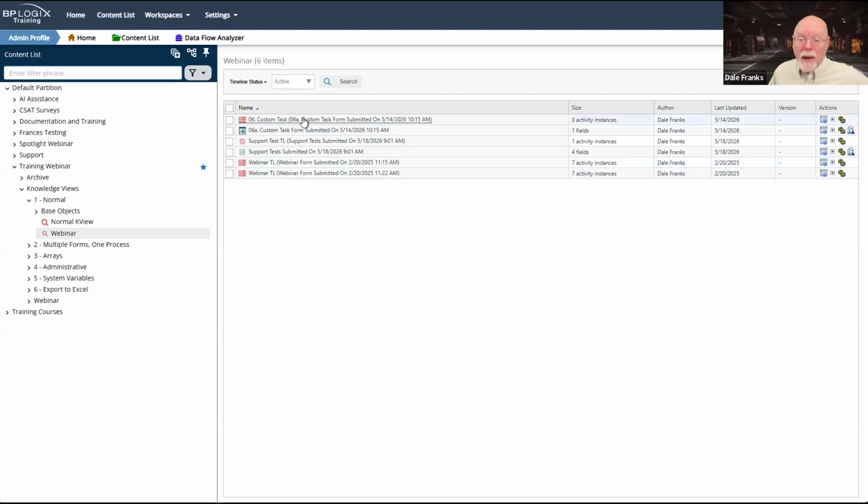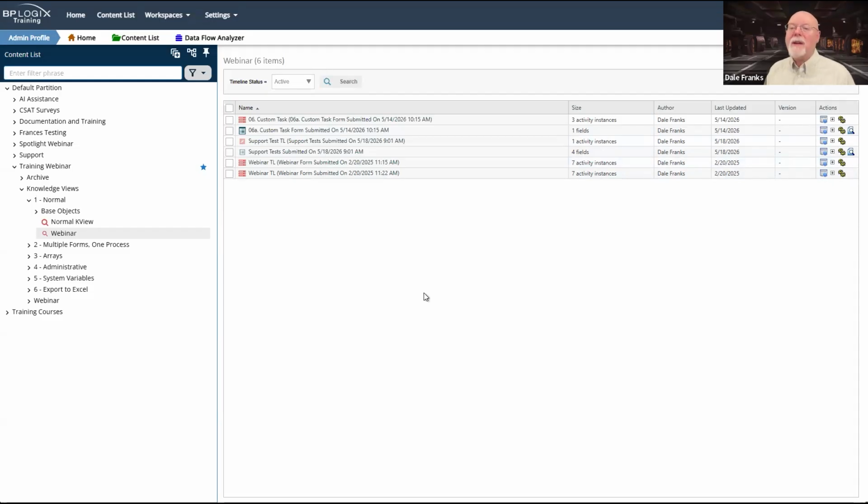Cool. It is pulling 1, 2, 3, 4 timelines and 1, 2 forms. So this timeline and this form go together. This timeline and this form go together. These 2 timelines don't have a form associated with them, so it's just returning the timelines. So cool. That is a great limiter.